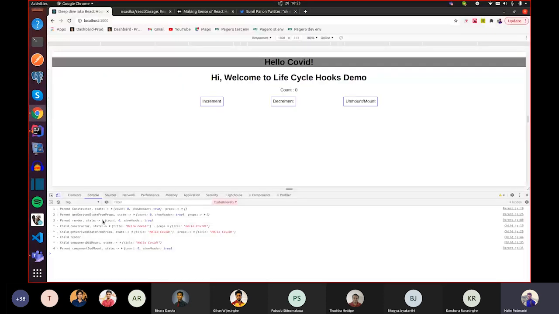So we'll see how the console log has occurred. Can you see that? Initially the constructor, then respectively these things happen, and here you can see my child class has started its lifecycle methods, and it finishes here in componentDidMount. So that means this is the time where the initialization of both the parent and child class happened, and finally the parent componentDidMount function has been called.